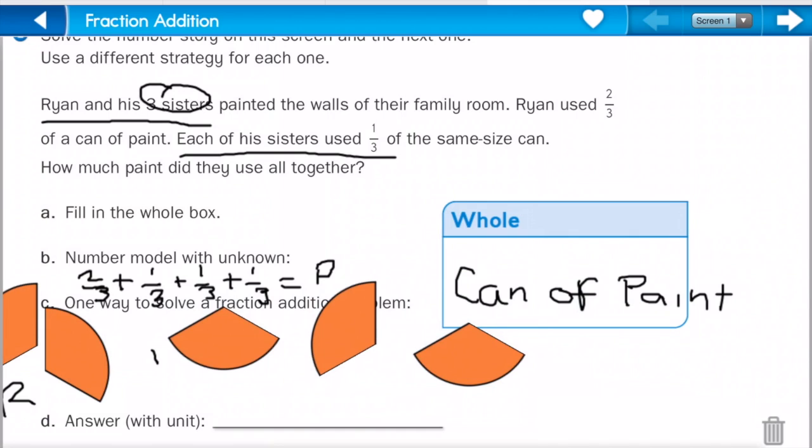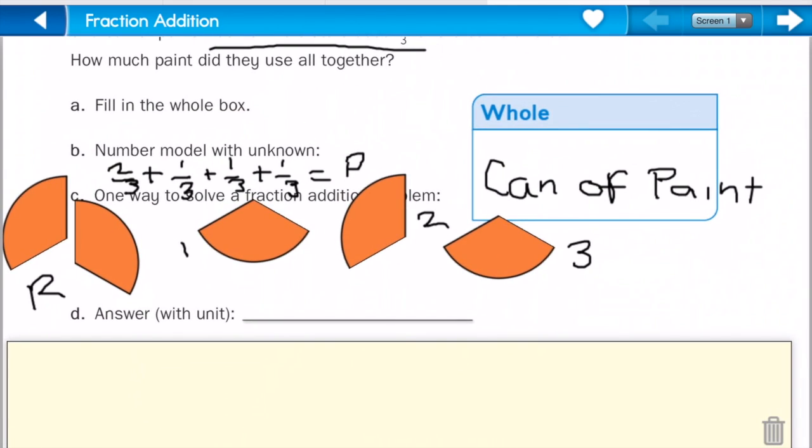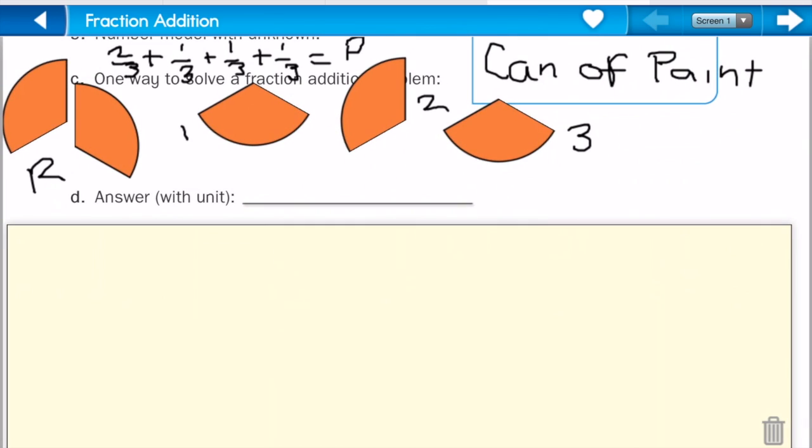Sister 1, Sister 2, and Sister 3. Okay? Scroll down a little bit. So, now let's add how many pieces we have all together. So let's count. 1, 2, 3, 4, 5. So we know we have 5